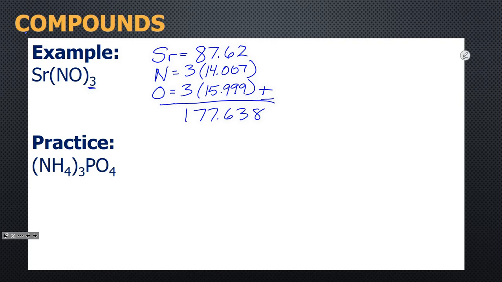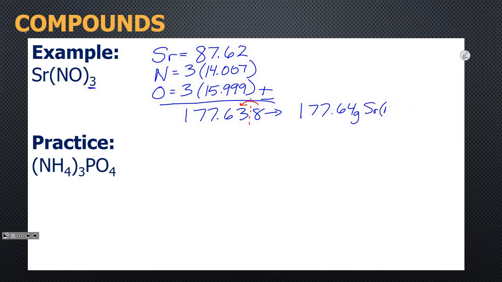It's always good when you're doing this in practice, especially that you check with your neighbor, did they get the same thing you did? Because oftentimes just one slip of the finger can mess it up, and that messes the whole problem up. So I always add it twice. I'm one weird person that way. So I write down what I got the first time, I add it one more time, double check myself. Okay? So this we would round to, because again we want to go to 5, so we're going to round up. 177.64 grams of strontium nitrate